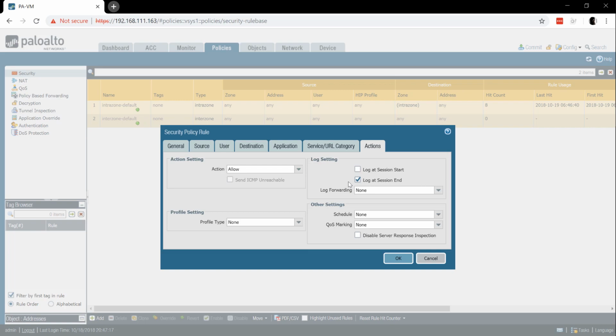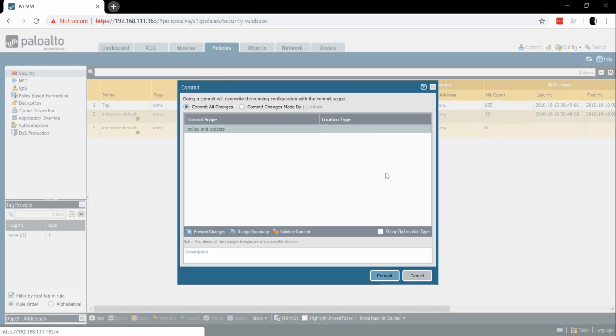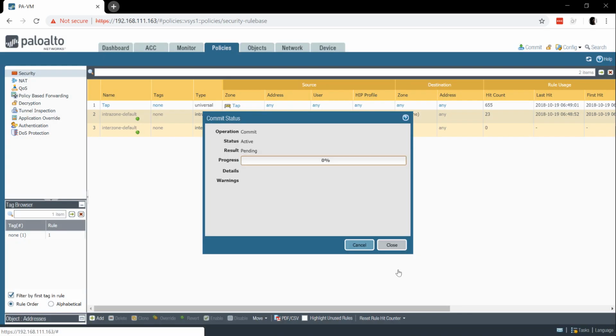And then if we had a syslog server that we want to send this data to, we could then forward it to a log server or a Panorama. And then we can do other things like scheduling, set up some QoS, depending on how we want to handle this traffic. So we're going to hit OK. And then again, we got to hit commit to apply the changes. So now as we hit apply,